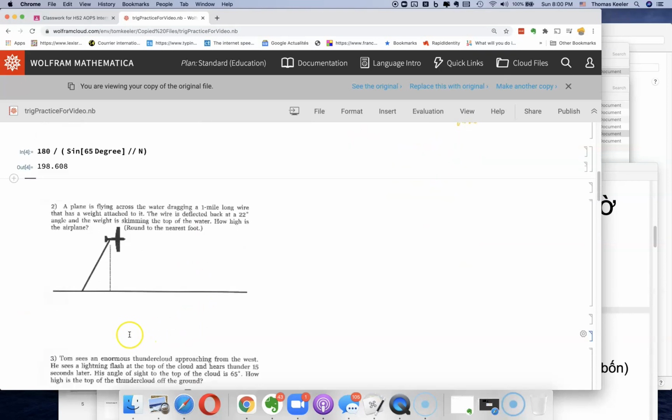All right, so here we've already got, in the second one, a plane flying, dragging a 1 mile long wire that has a weight attached to it. So it's deflected back at a 22-degree angle. Okay, so I think that this is the 22-degree angle, at the plane. And the weight is skimming above the water, so how high is the plane? Okay, so if this is a mile,